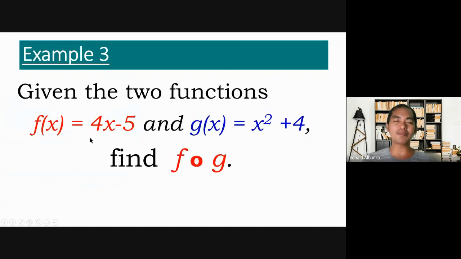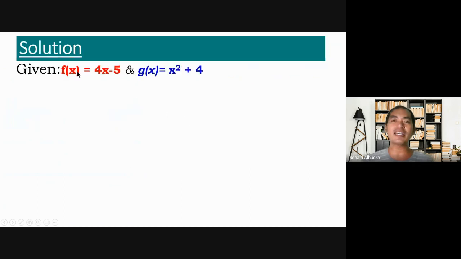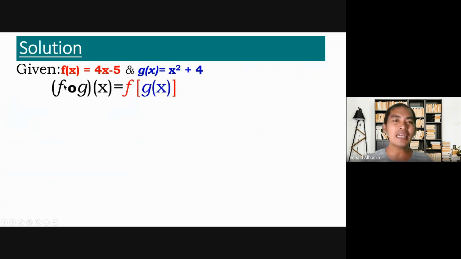Another example. Suppose our f is 4x minus 5 and our g is x squared plus 4. Find f compose g. Okay, f circle g of x. Now write the given. We have f of x 4x minus 5 and g of x equals x squared plus 4. At ang pinapahanap ay f circle g. Ang second function natin ay x squared plus 4. Yan ang ipapalit sa x ng f